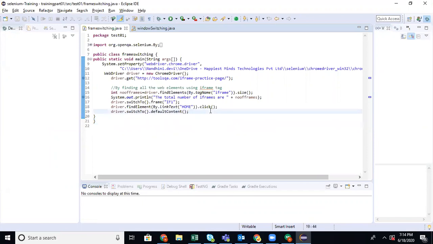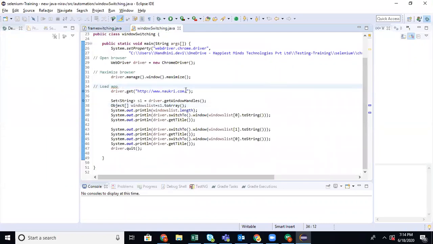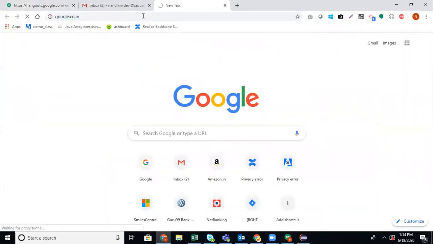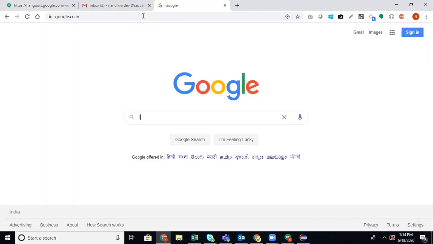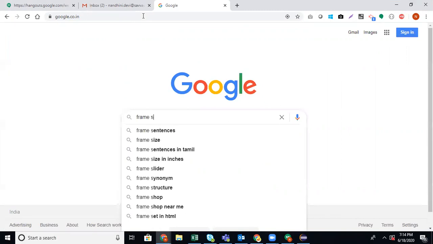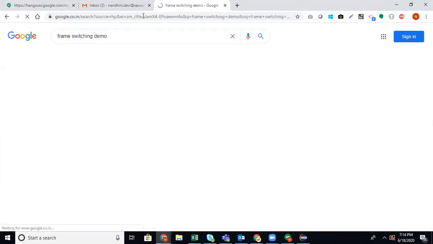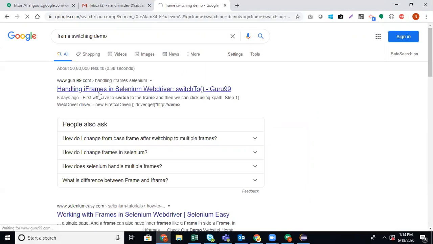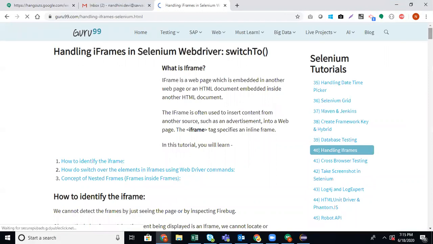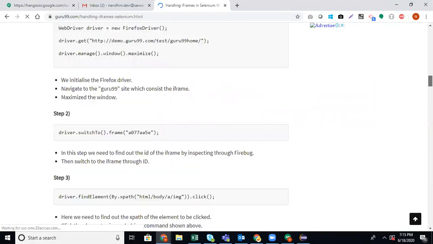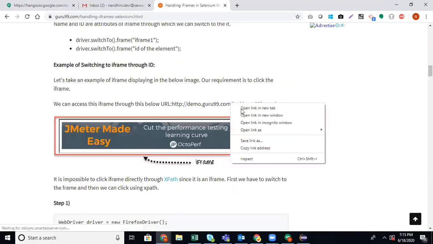Frames, I can show you something. So let's see this web page.